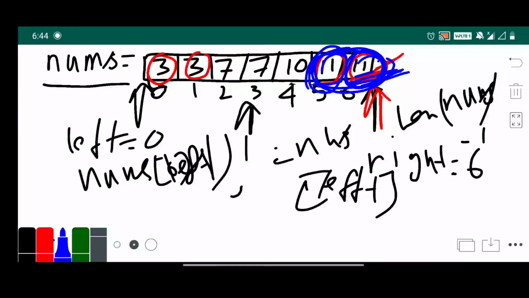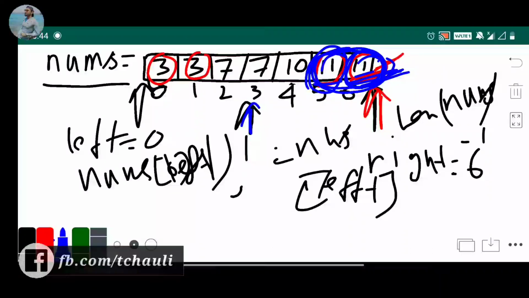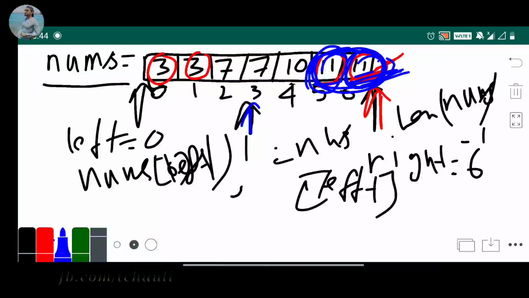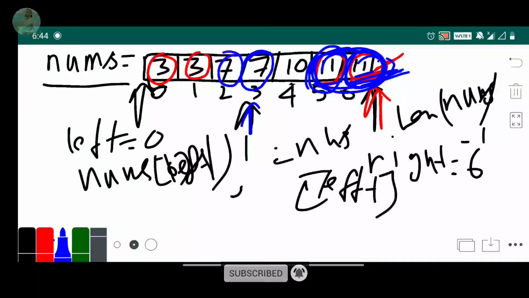Now we check our next pointer, which we check only one time because mid will remain constant. So we check nums[mid], that is pointing to index 3, value is 7, and we check its left side value and its right side value. If the value is different from both, meaning mid minus 1 is different from mid and mid plus 1 is also different, then only we return.